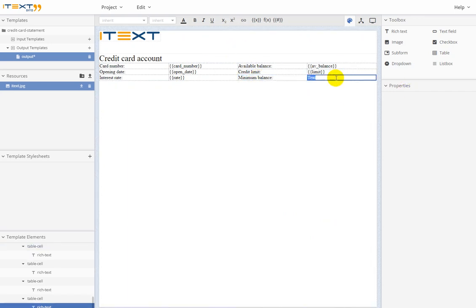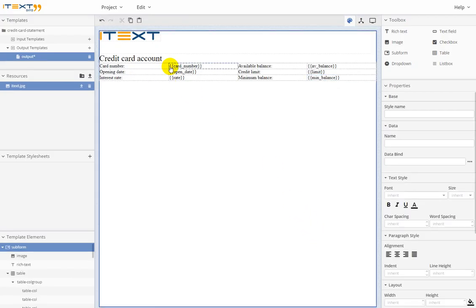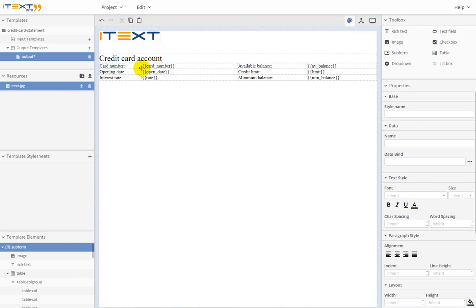And also let's insert data bind min balance. Okay, now I can change the column width